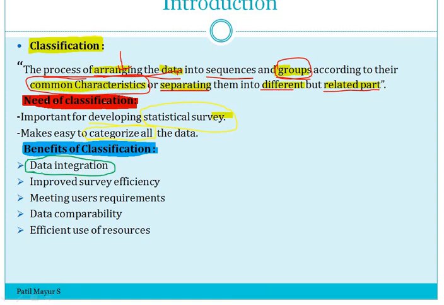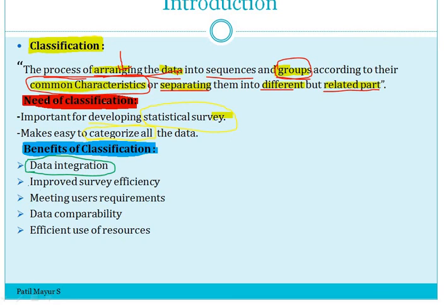First you do a survey. In the survey you collect a number of samples. If the population is very large, then obviously the sample size will be in proportion to the population. So if the population is very large, then the sample size is always more. Okay. So the data collected from that sample will also need data integration. That data needs to be placed in one particular place. That is nothing but data integration.